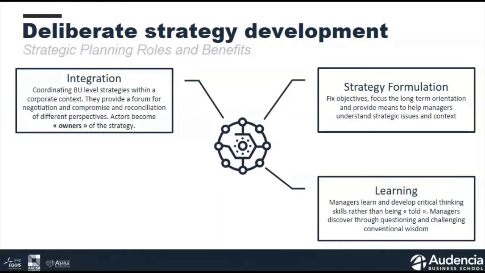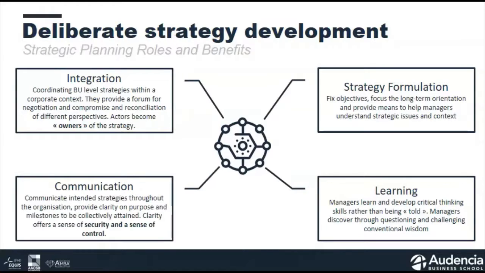They own it, and so they want to see it succeed. And probably the last element of a deliberate strategy process, through some sort of strategic planning process, would be communication. The strategic planning process facilitates the communication of strategies throughout the organization, obviously with the people directly involved, but also the planning process should facilitate communication to other people in the organization, providing clarity on where the organization wants to go, provide a sense